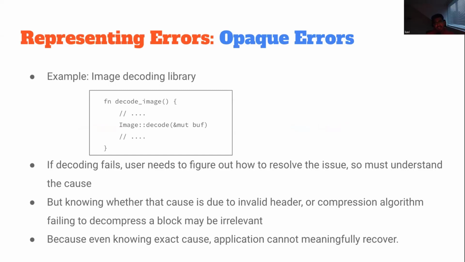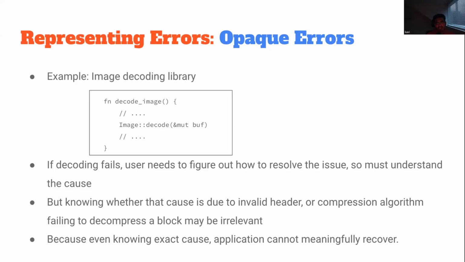So now imagine a case where you are, say, an image decoding library, right? Whenever that fails, the user may still want to know why it failed, and why it failed can have different reasons, right? For example, there can be some invalid field in a header, like a size field or whatever it is, or the compression algorithm is failing for some reason in a specific block. So all these are legit reasons, but even if you communicate this reason to the user, and when I say user here, again, it's whoever is calling your API,